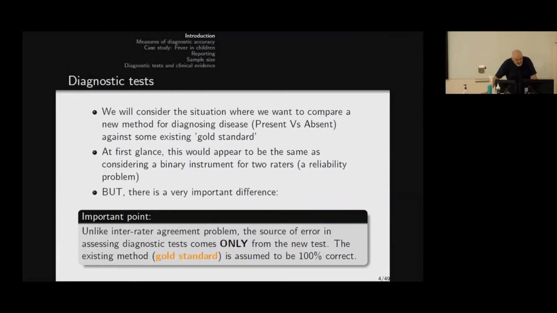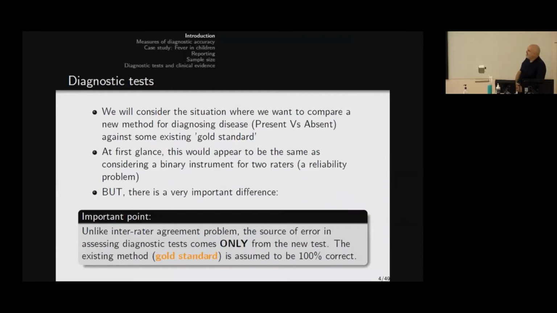Now, I want to make a very, very important point here because I see this mistake by people. If we look at this, it looks like a reliability analysis. In other words, about agreement, sort of like inter-rater agreement, where one person says yes, and we want to see whether another person says yes. That is not what diagnostic test evaluation is, because both of those raters, both of those people might get it wrong, okay? So there's a very important difference that I really need to underline here,